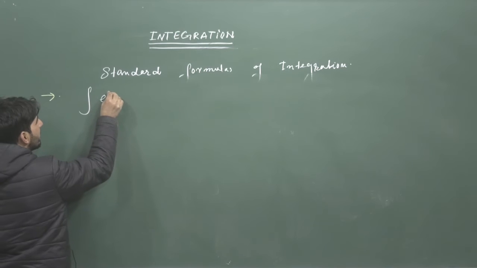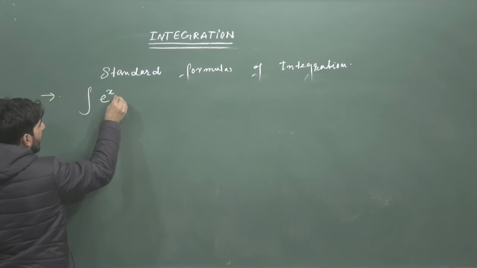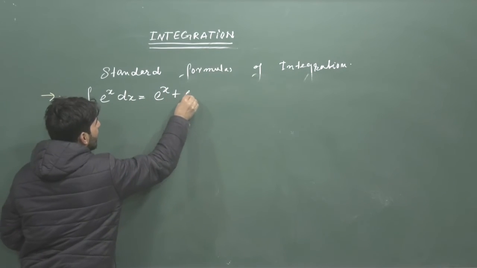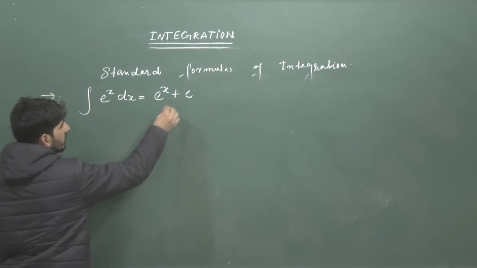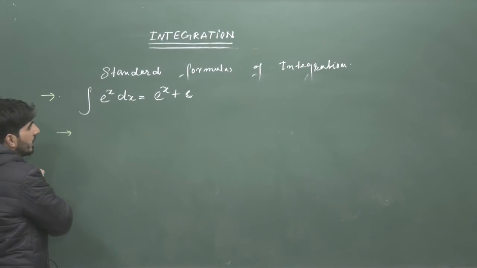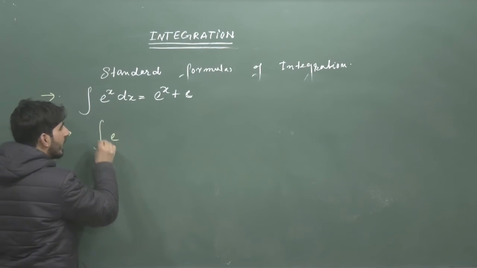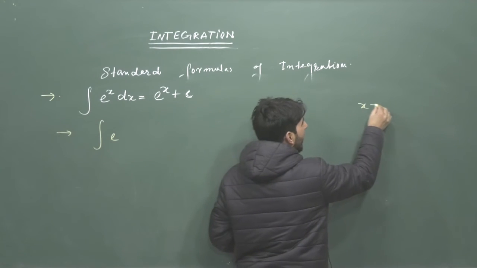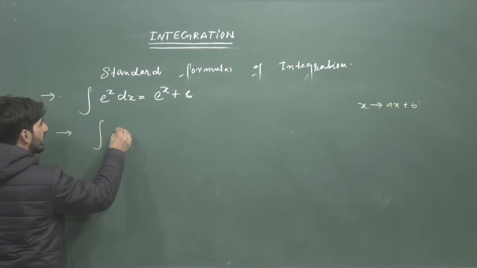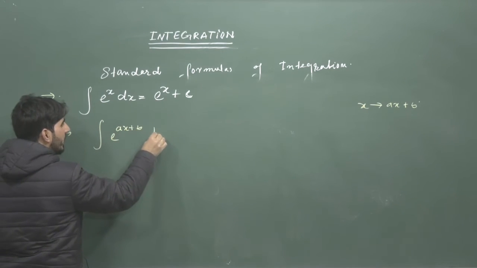Now the next formula is integration of e raised to power x dx is e raised to power x plus c. As we know that the differentiation of e raised to power x is e raised to power x, so we can say integration of e raised to power x is again e raised to power x. Now if we replace this x as ax plus b, so integration of e raised to power ax plus b dx will be,